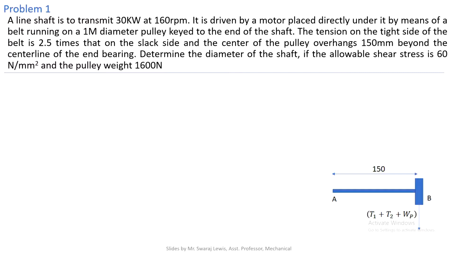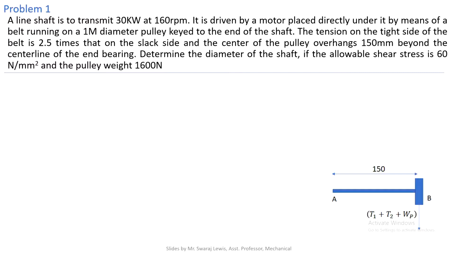The tension on the tight side of the belt is 2.5 times that on the slack side, and the center of the pulley overhangs 150 mm beyond the center line of the end bearing. Determine the diameter of the shaft if the allowable shear stress is 60 Newton per mm square and the weight of the pulley is 1600 Newton. So in this shaft problem, we have a shaft which you have to design,